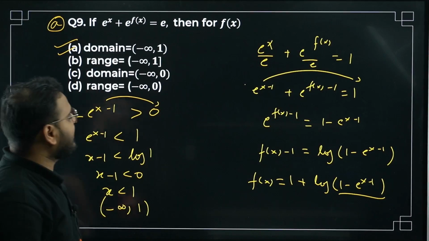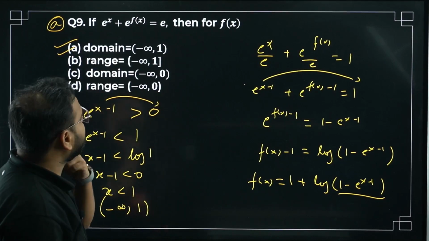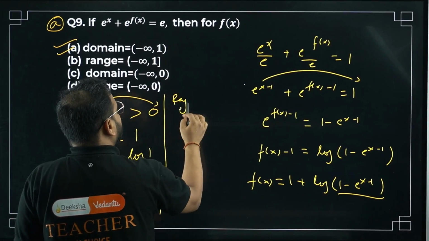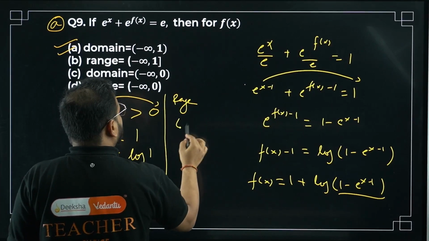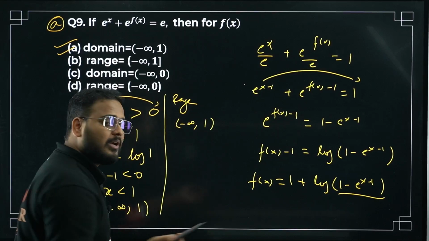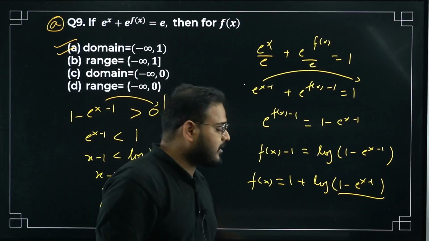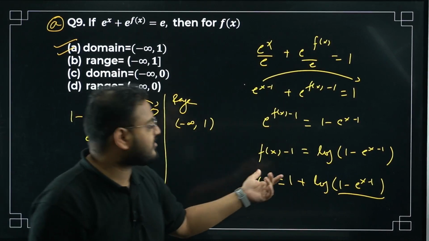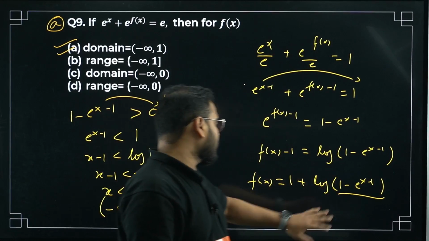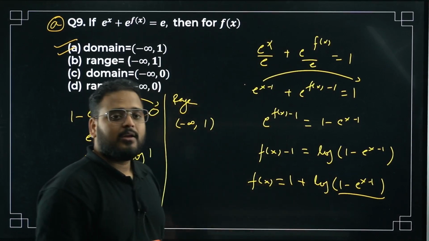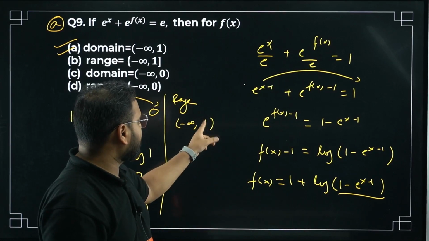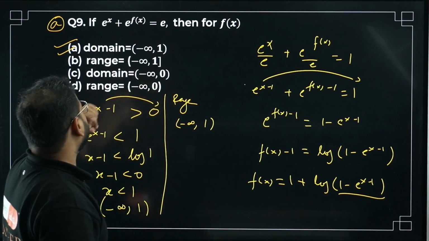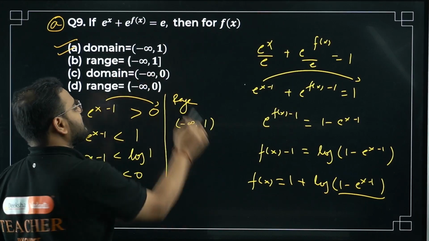Okay, if you check for range, what will happen? I'll give you the answer: the range will come as negative infinity to 1. How can you do that? Check the limiting value. Substitute here, but I'm not asking you to actually put x equals negative infinity, just try to look at it. If you put that, you're going to get this as 1. Otherwise, if you put 1, you're going to get infinity, negative infinity. So it will come as open, not closed.